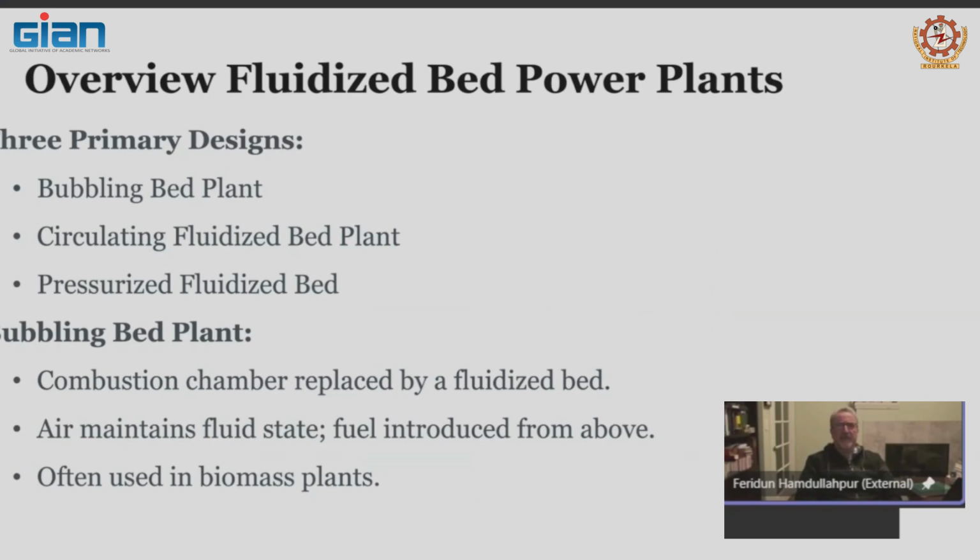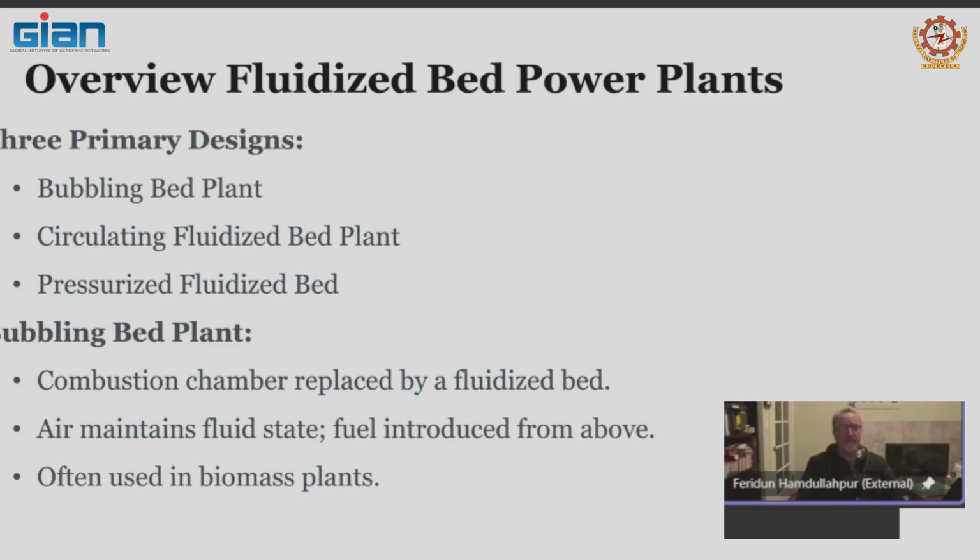We have, as I mentioned, three primary designs. It could be a bubbling bed, a circulating bed, or a pressurized fluidized bed. We're not going to spend a lot of time on the pressurized fluidized bed. There is still a lot of research taking place to better understand many things. But if it's pressurized, then you can use it in combination, part of it as a combustor, part of it as a gasifier. Since it's pressurized, the pressurized gas can be connected to gas turbines, whereas the steam could be connected to a steam turbine. So much higher